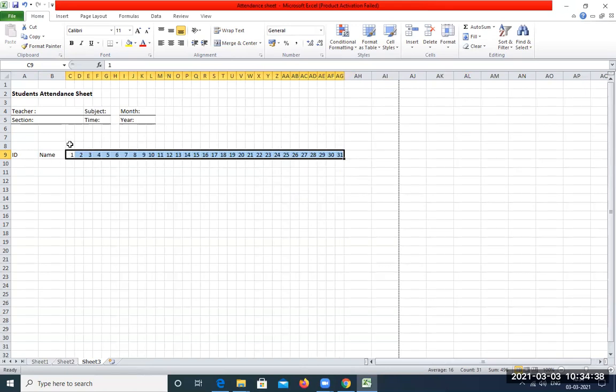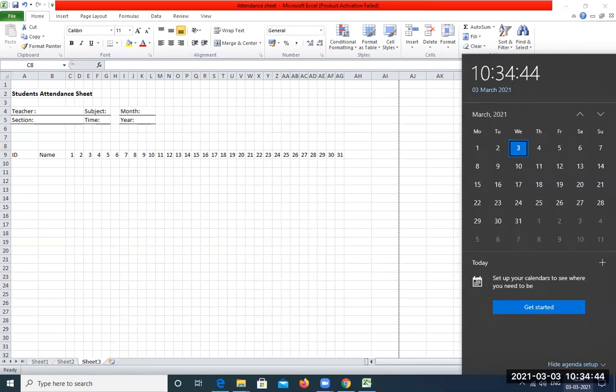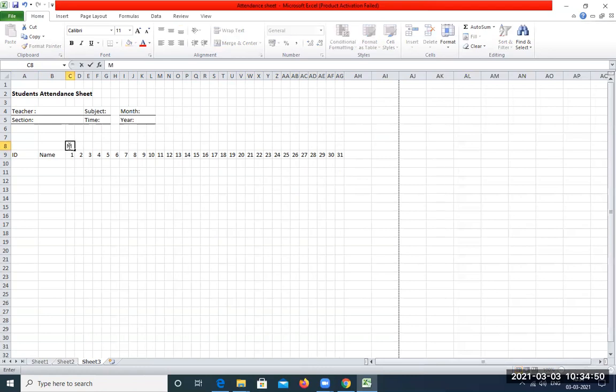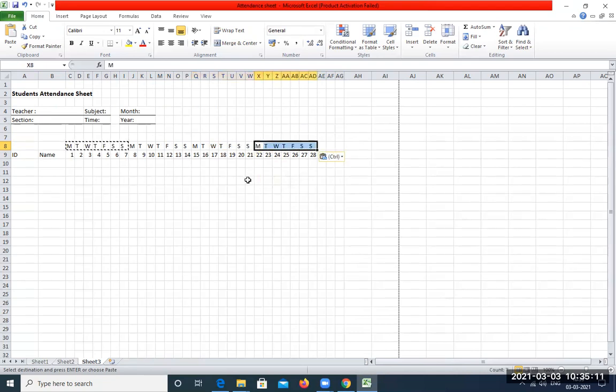Next thing, we require the days, that is, first is on which day. Let us have a look at the calendar here. So the 1st of March falls on Monday. So accordingly we shall just write the first letter for each of the days. So Monday, Tuesday, Wednesday, Thursday, Friday, Saturday and Sunday. Next thing is to select these and press Ctrl C, click here and just repeat this procedure till all the days are finished. Now these three, starting from Thursday, we do not require, so we will press delete.